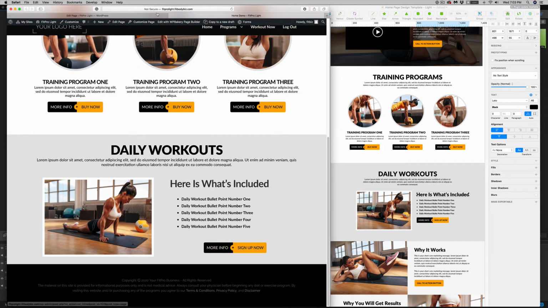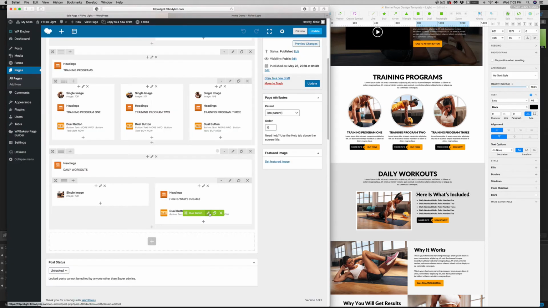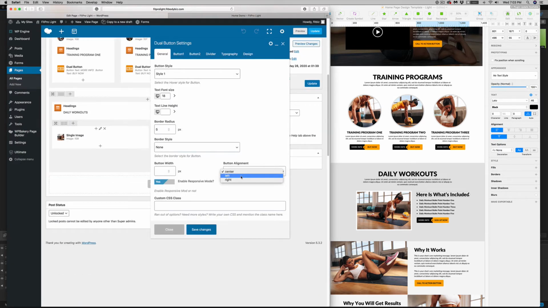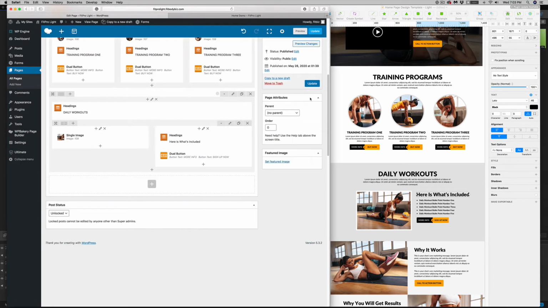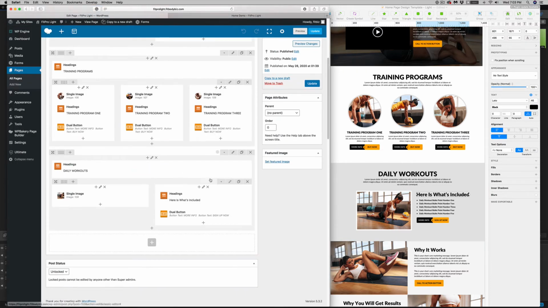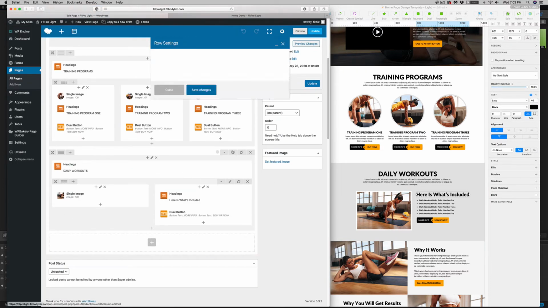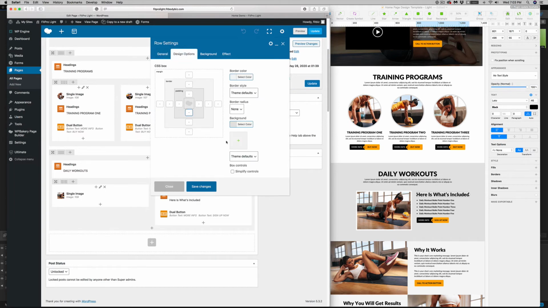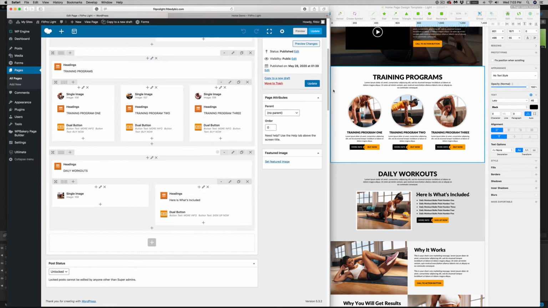in there. We need to align that left. So back over here, edit that button and align it left. Click Save Changes, update that page, back to the browser, refresh. And that row's looking pretty good. Want to add a little bit more padding down here. So I'm going to go back in here and on this main row, edit that. And then down under design options, we're going to add in 5% of padding, and that should be pretty good